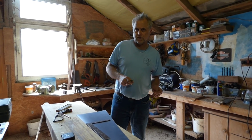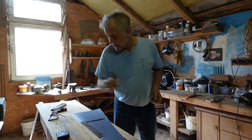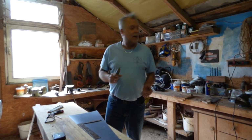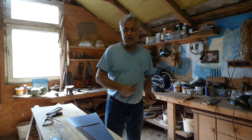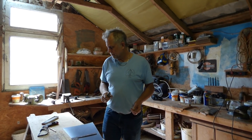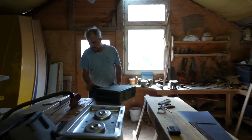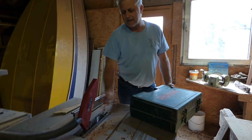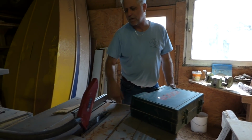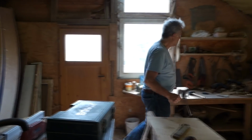So I wanted to look into other ways of cutting it. This is the way I've always done it in the past, with a Stanley, and it does come out fine. But a quick look at YouTube, they're a marvellous resource, and I see people cutting it on table saws and with scissors, and that got me thinking. Firstly, my table saw is covered in clutter, but there's also quite a big gap around the blade, and I didn't think that would be ideal. This side's good, nice and close, but that side's got a bit of a gap there. I didn't think it would be ideal for cutting such a thin laminate, so I decided to give it a go with